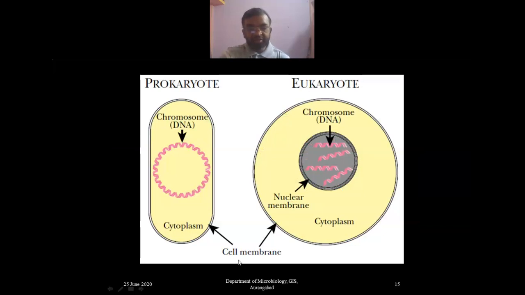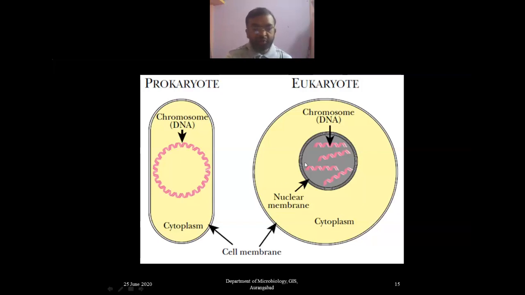As a microbiology student, you know that all organisms are classified into two main categories: prokaryotic and eukaryotic. Okay. Generally, viruses are not considered in this particular classification, and they are referred to as acellular. Means a typical cell is not present because of the very ultra microscopic nature of viruses. Now, you also know that in a prokaryote, a simple DNA is there. It is present in a diffuse state.